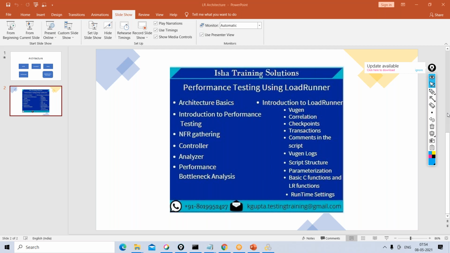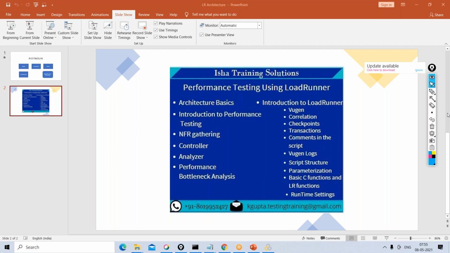Those are nothing but highly configured server machines, right? So it's a one-time activity. Normally a performance tester will not get involved in those things unless it's a very small company and they don't have separate resources to handle all these things.